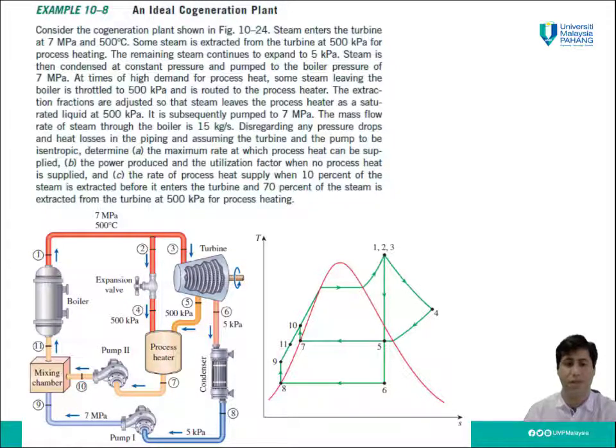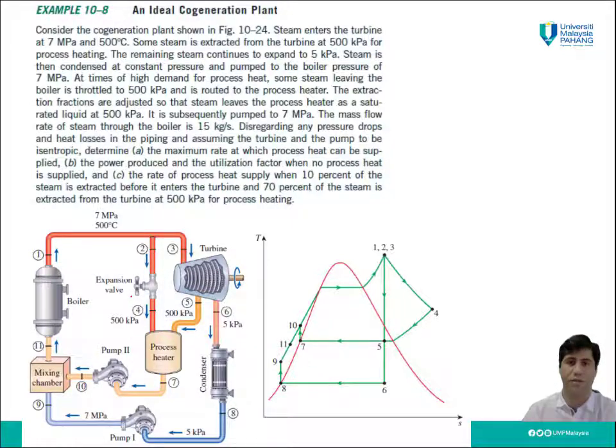process heater in the cycle, the expansion valve, the second pump, and also we have a mixing chamber here to mix the two different lines for the working fluid coming from the process heater and condenser. And if you notice, this is a cogeneration plant with adjustable load because we have an expansion valve here and we can manage the flow and the flow rate of the steam after the boiler